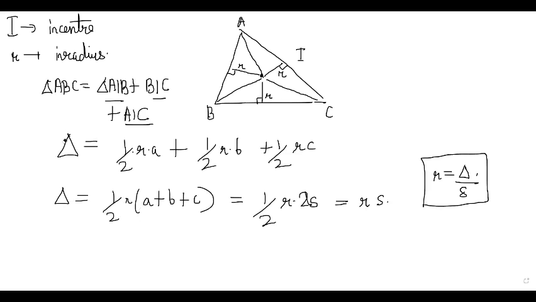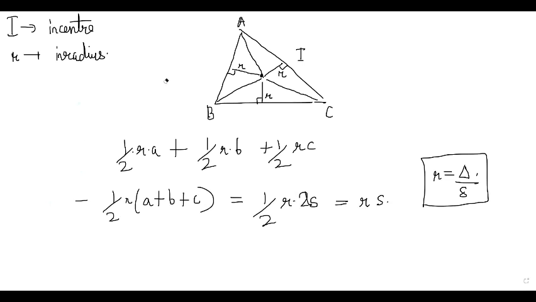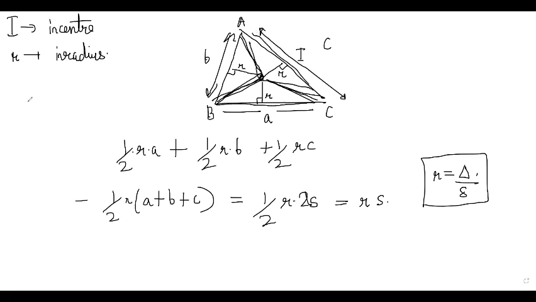Can you also show me the other version of this formula? Okay, if you want to understand this, it is very simple. Like you are saying that this is A, this is B, and this is C. This side length BC is called A, right? And this side length is called B, and this side length is called C. So notice that the triangle is made up of three smaller triangles, right? This triangle, and this triangle, right? S is semi-perimeter. 2S is equal to A plus B plus C, right? S is A plus B plus C by 2,